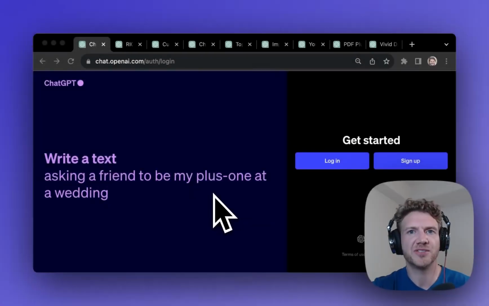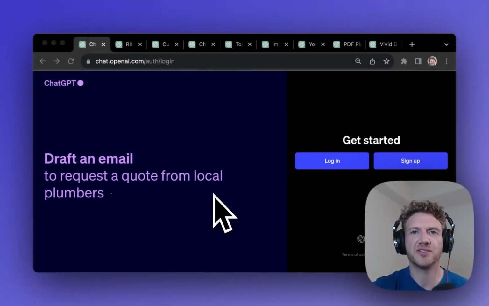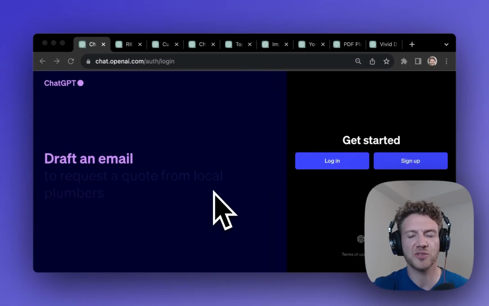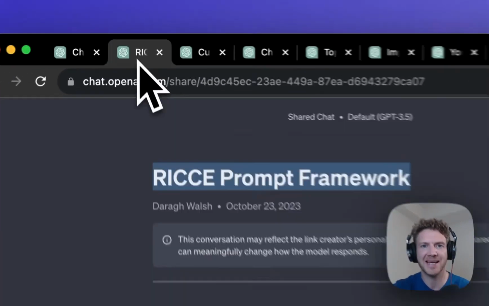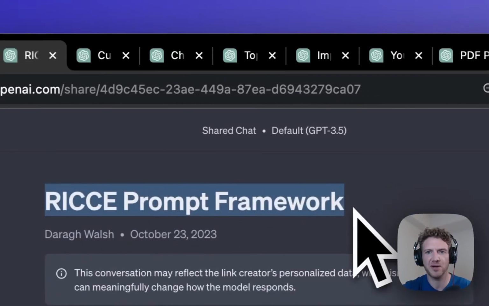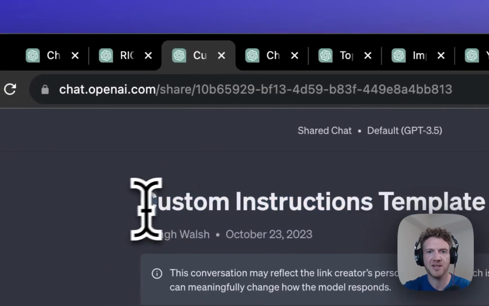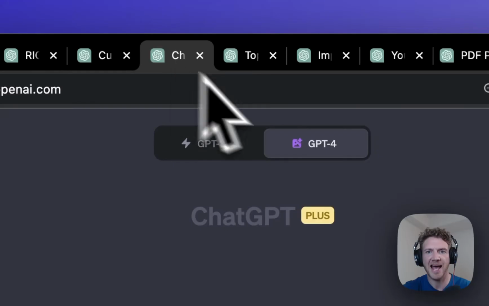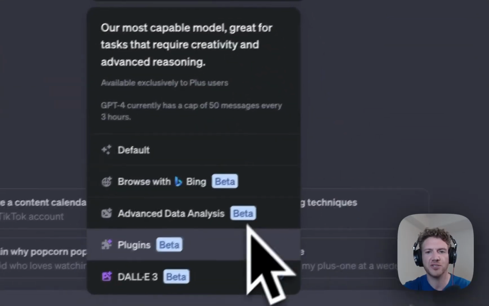In this ChatGPT tutorial, you are going to go from beginner to pro in 1 hour. We'll start with the basics of getting set up, and then you'll learn how to get better results from ChatGPT using the Rice prompt framework. You'll learn how to set up custom instructions and also how to use all the new features one by one